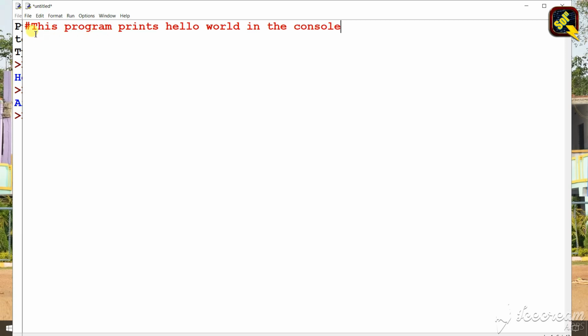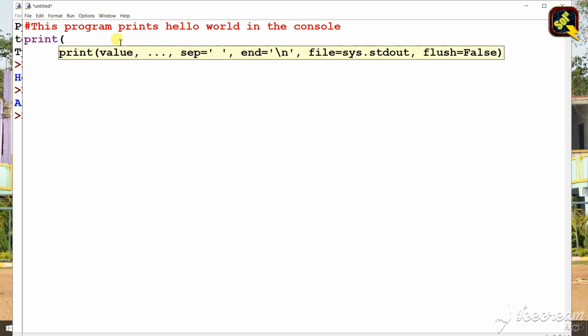This is basically a single line comment, because it starts with the # symbol. A single line comment will be ignored by the interpreter while executing. Again we will write print, and we want to print hello world in our console. So this is the simple code that we need to write.